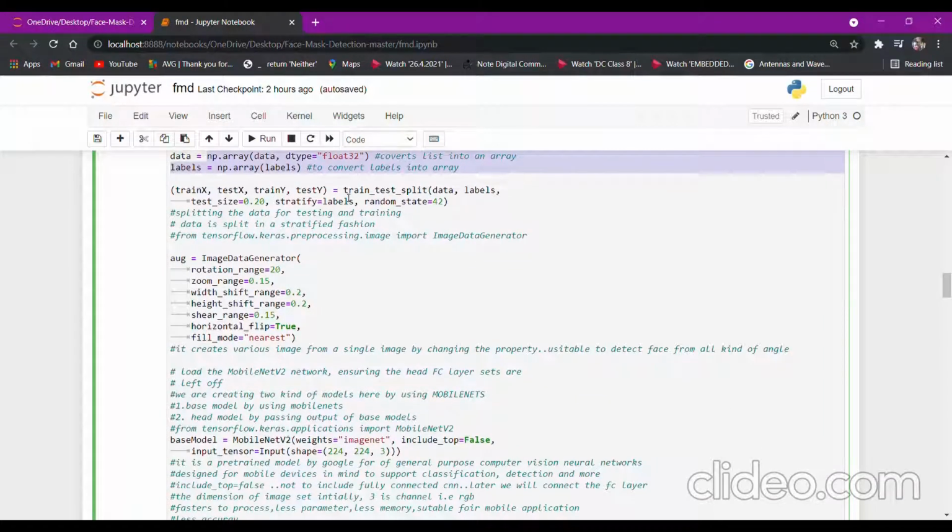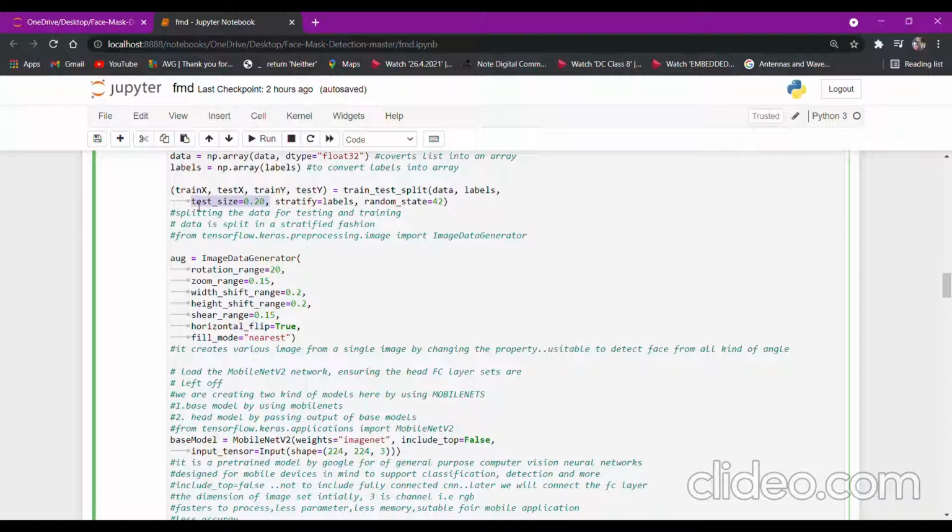Here we are making use of train test split. Basically we are segregating the data in order to train and test. So we have taken train X, train Y, test X, test Y. This is basically training for X, testing for X, training for Y, and testing for Y. Here we have kept the test size as 20%.